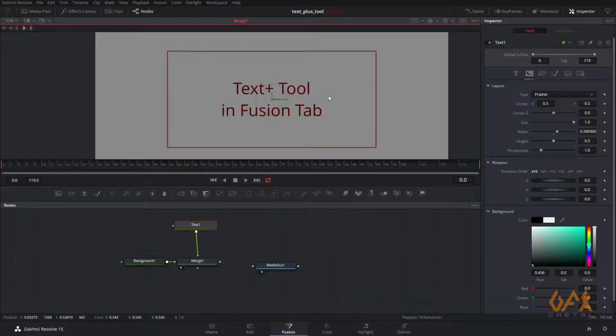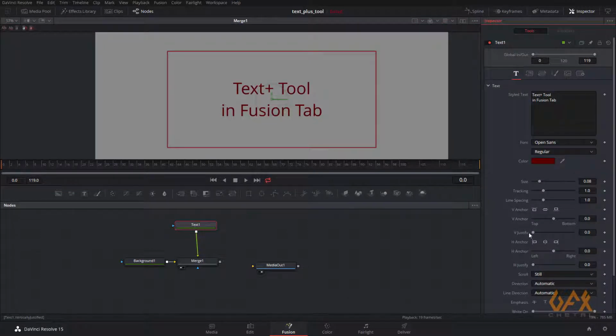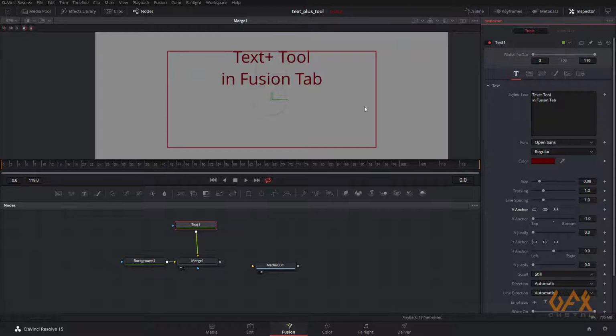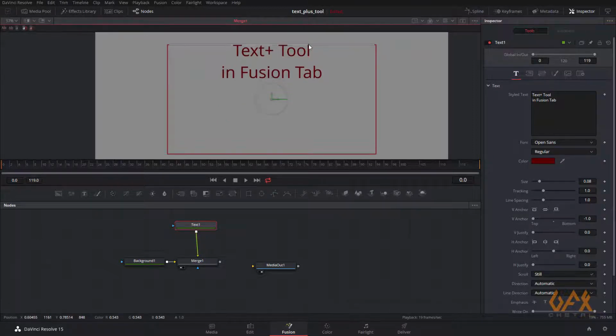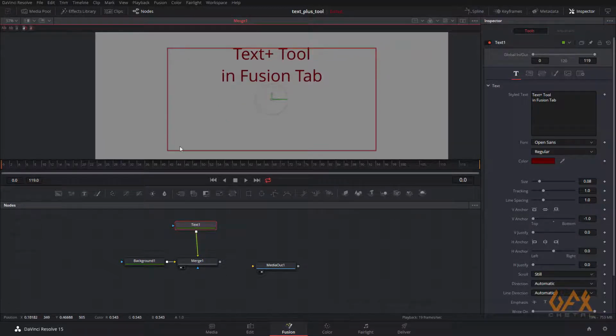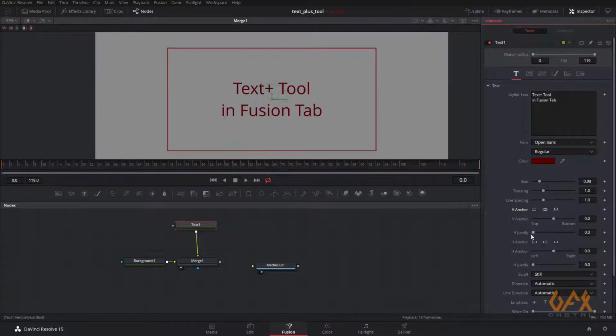Okay, so now if I jump into this text tab and if I set my vertical anchor to top, now see, this property belongs to layout, bottom, center.